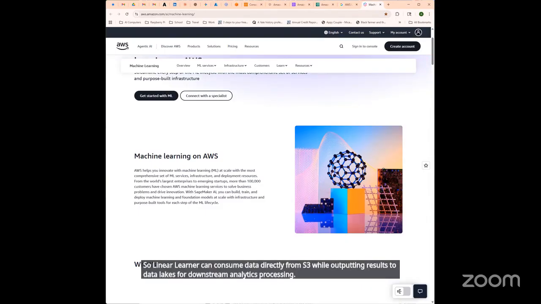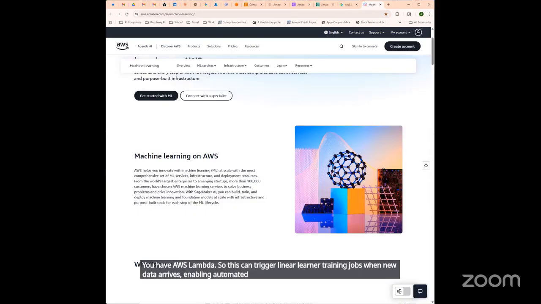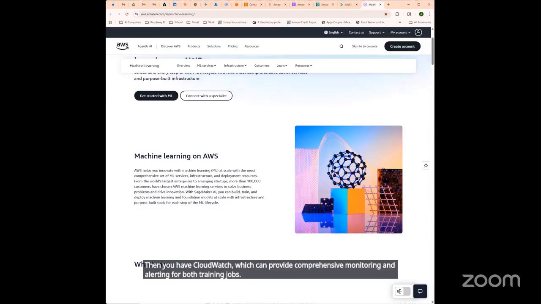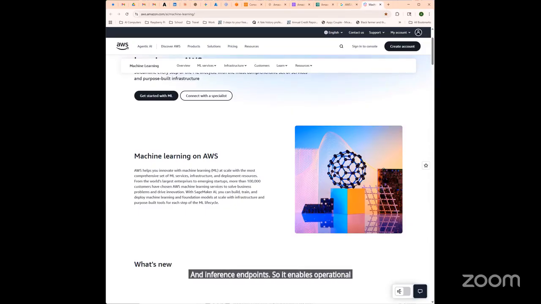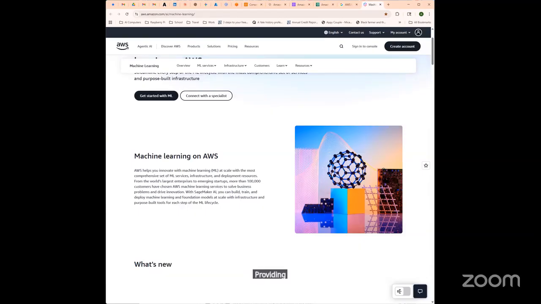You have AWS Lambda. So this can trigger Linear Learner training jobs when new data arrives, enabling automated model retraining pipelines that maintain prediction accuracy as business conditions evolve. Then you have CloudWatch, which can provide comprehensive monitoring and alerting for both training jobs and inference endpoints. So it enables operational excellence and proactive issue resolution. And then SageMaker Clarify, which has model explainability features that complement Linear Learner's inherent interpretability, providing detailed feature attribution analysis